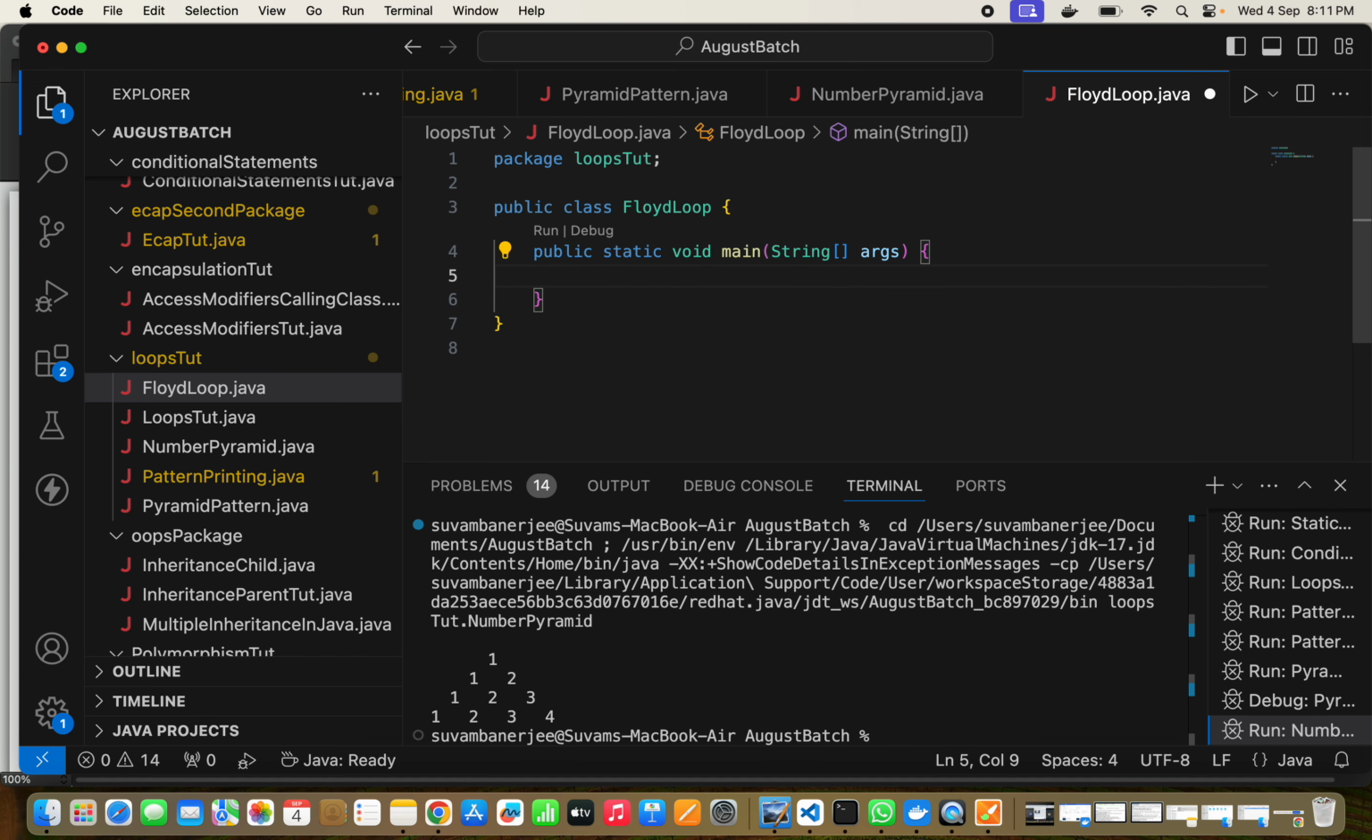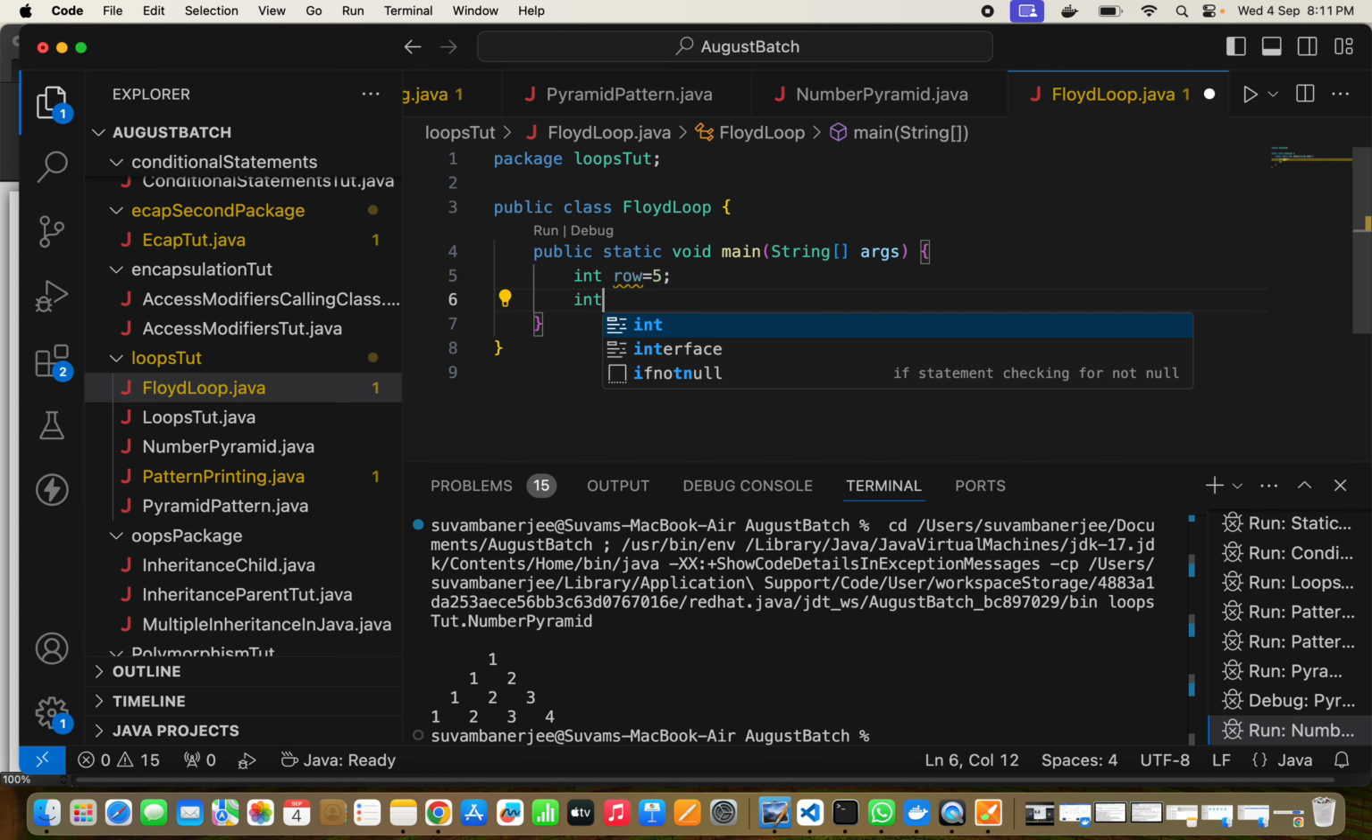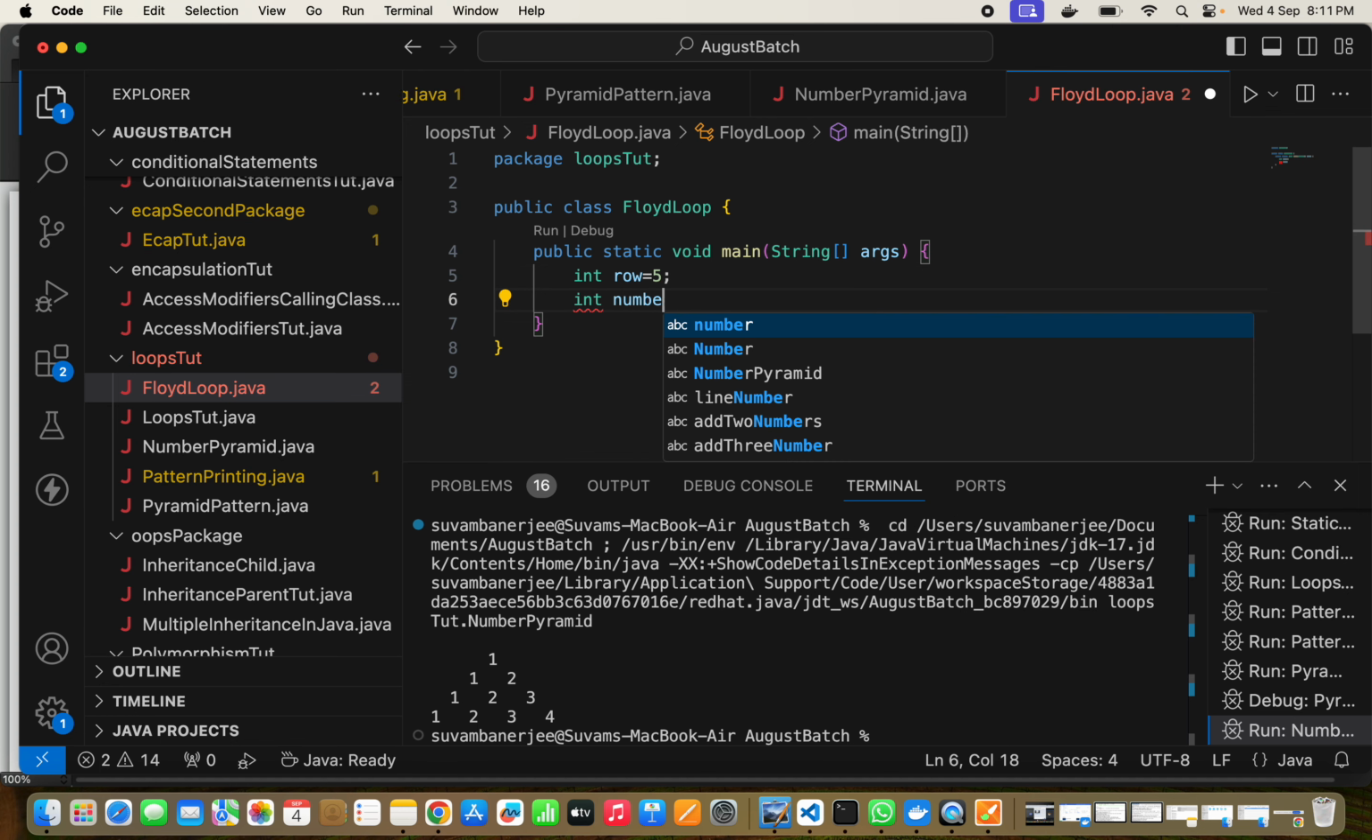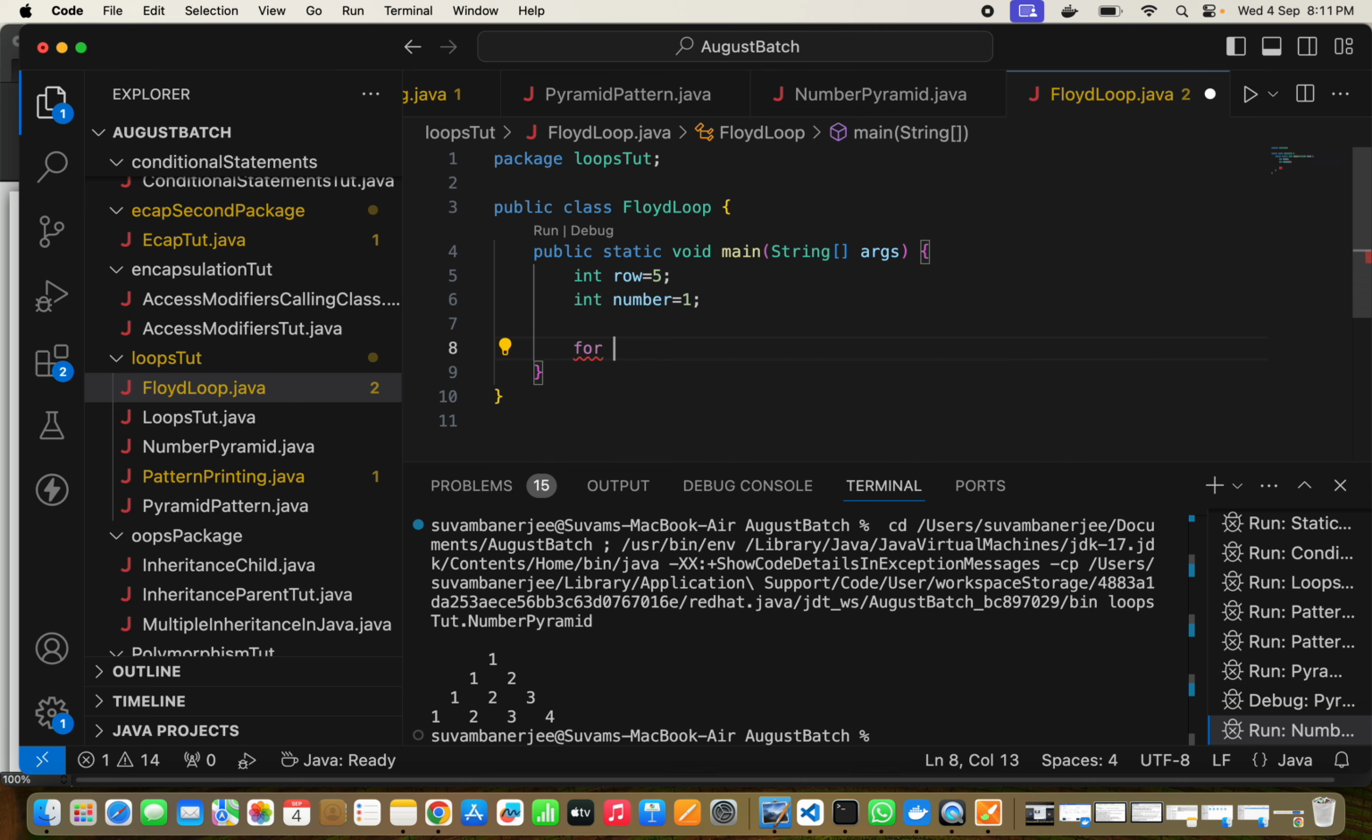Now let's say int row equal to 5. Int number equal to 1. This is the number we will print, right? Now for int i equal to 1, i is less than, what? Row, less than equal to actually, because this is normal,